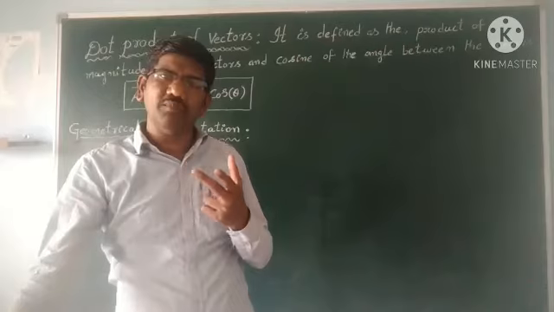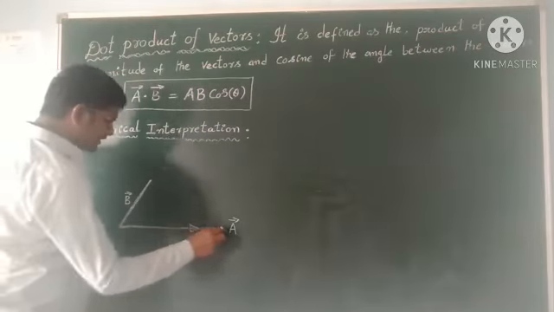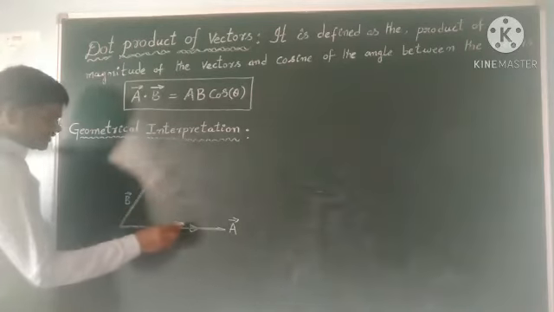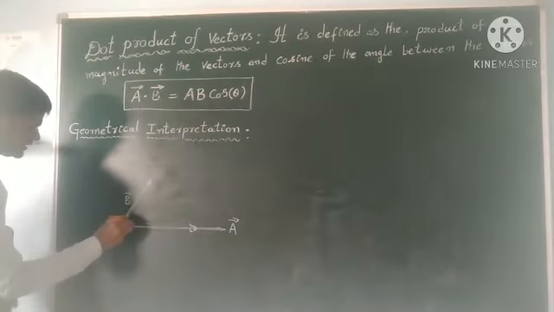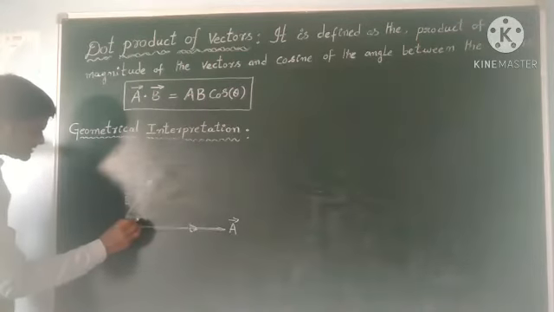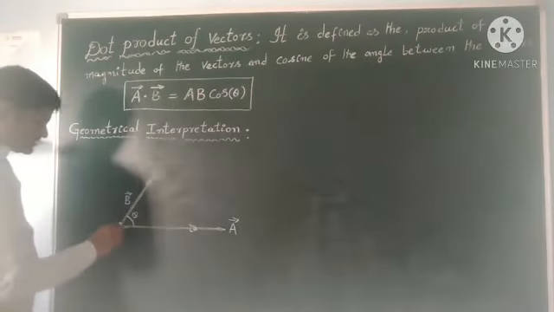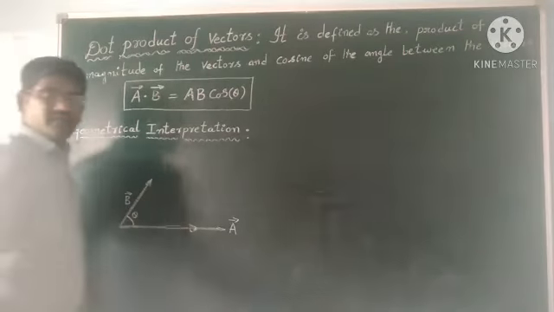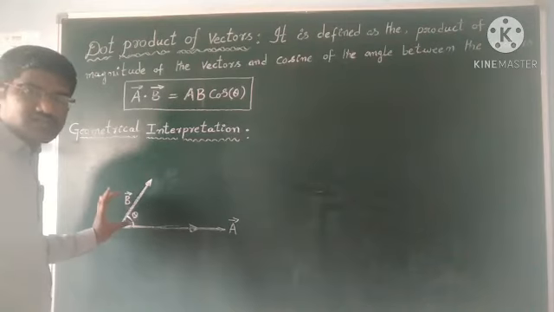If A bar and B bar are two vectors, see students, A bar is one vector and B bar is another vector, and let us consider that the angle between the two vectors is theta. This is the A bar vector and this is the B bar vector. Then the dot product of these two vectors is defined as